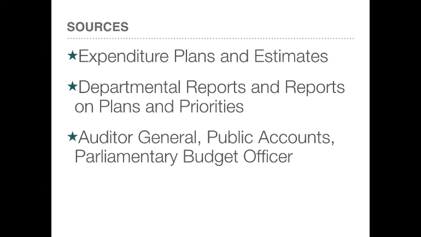The requests are supported by departmental reports and reports on plans and priorities, and there's two separate documents, but they're often found together. Each department submits a departmental report, normally called a departmental performance report, discussing how it spent its money in the last year and what was achieved. And this is used for oversight and to help to evaluate the department's requests. The reports on plans and priorities are submitted as a part of the appropriation process, and they list all of the votes, but they give a discussion, figures from previous years, and they attempt to justify the request for money.